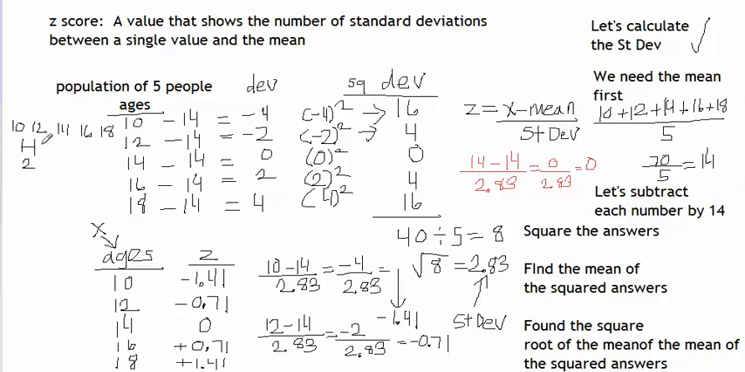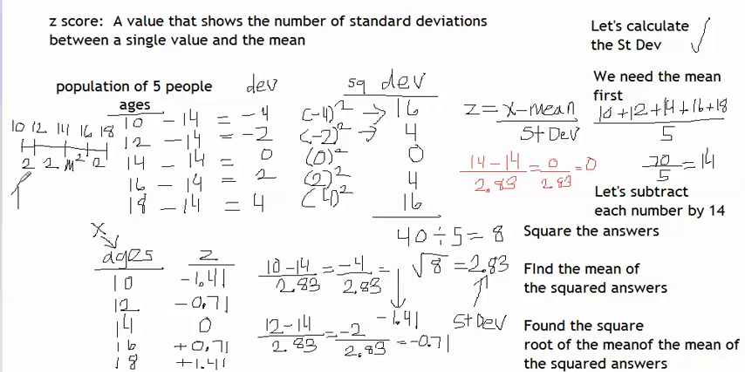And this is 2 also. The mean is right here, 14. This is 2. And then 16 to 18 is also 2. So in that case,